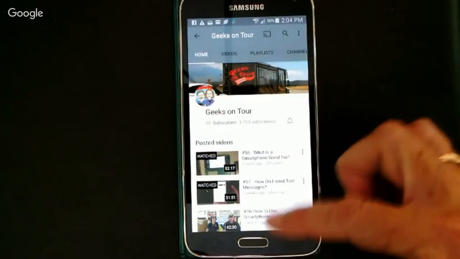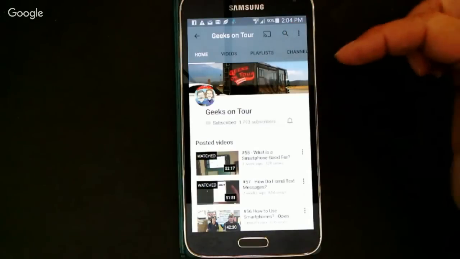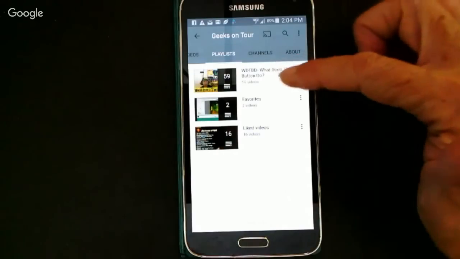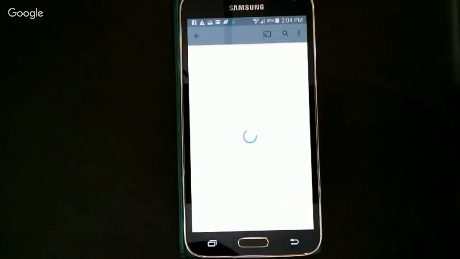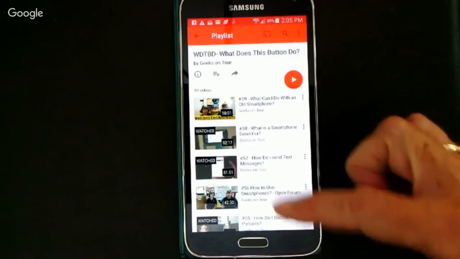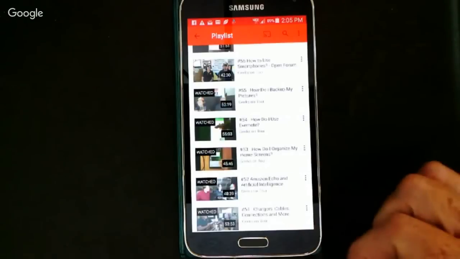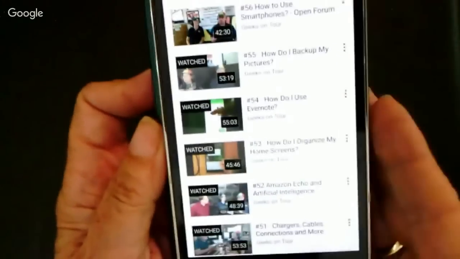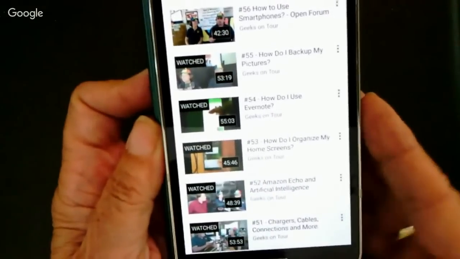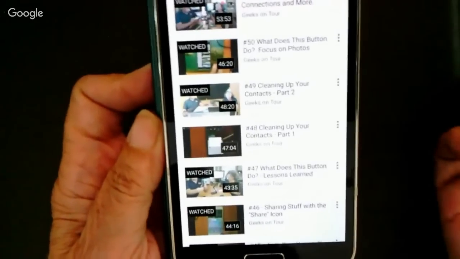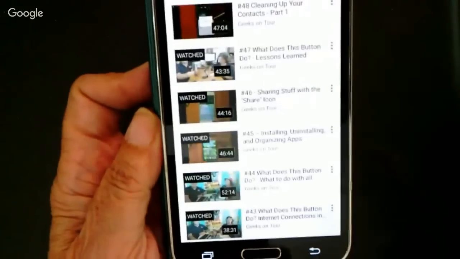But the easiest way to find a particular episode of What Does This Button Do is to tap on playlists, because there is a playlist for What Does This Button Do. And here, very easy, there's episode 59, 58, 57, 56, etc., etc. and with just a few words of description as far as what the beginner's lesson was in that show. So we think this is a great way for you to catch up and just find something that maybe you want to review. On the iPad,